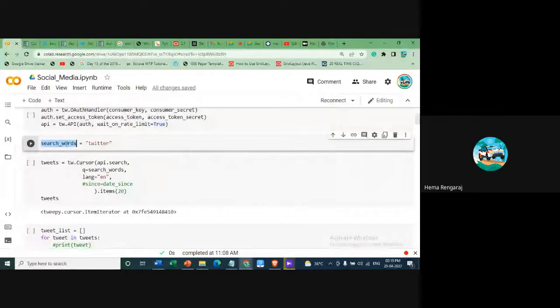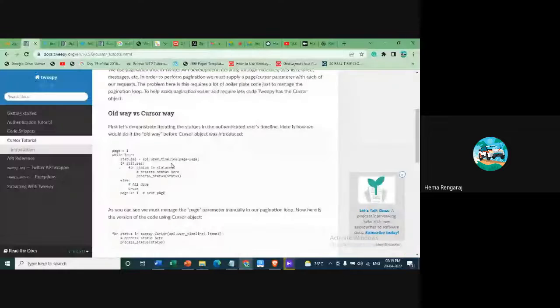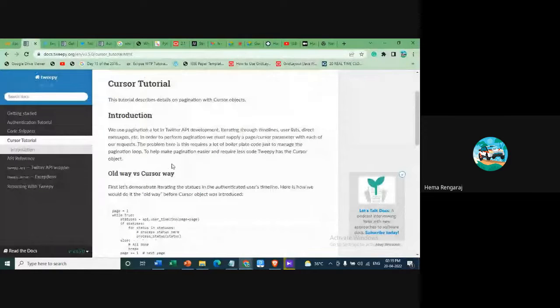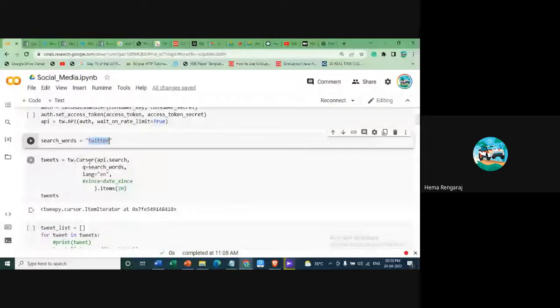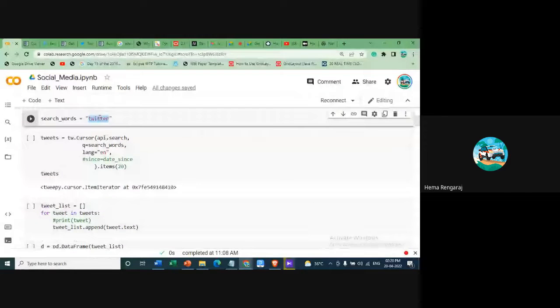So what operation are we going to do? We are going to search, which means you have to search the words in Twitter. So what is our objective? I have to search the positive, negative, and neutral words in the Twitter data. For that, you need to import this object called Twitter. It is inbuilt in this API, and it will provide you all the keywords. So these keywords only we have to use. This is not our search word, this is a module you are going to import from the API. These are keywords that you can't change, right? Then you are going to do a search word from Twitter.